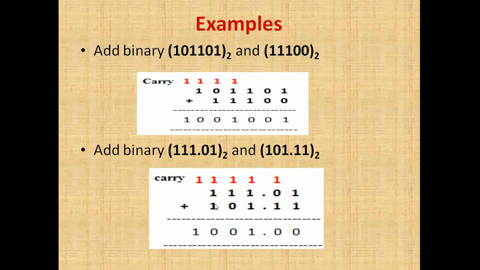Now 1 plus 1 plus 1 is, again there is a mistake in this, it should be 1 plus 1 plus 1 here and then carry 1, and finally we'll note down that one. So you have to make one correction here. This is not 0, it is 1 here, because 1 plus 1 plus 1 gives you what? 1 with a carry of 1. So the answer will be 1101.00. So this is how we can perform binary additions.